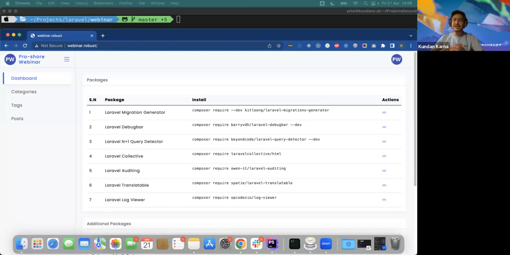So, as Viras says, my name is Kundan Karna, and I've been working in the IT industry for almost 5 years. And quickly, I want to share some of the packages which I found really helpful while working with